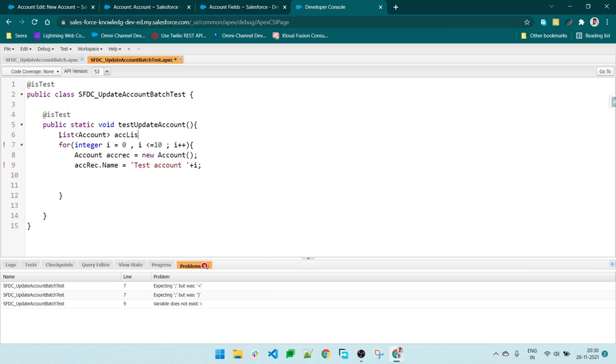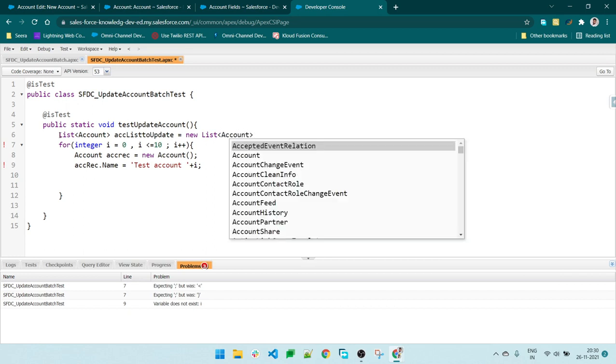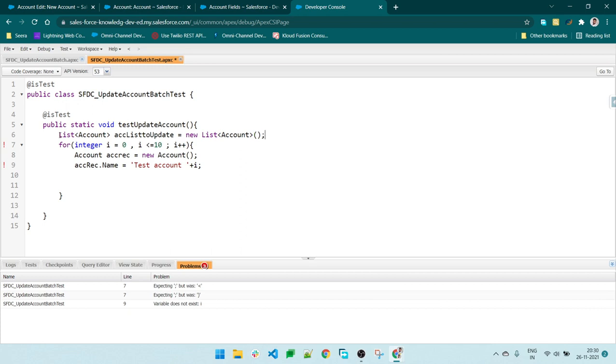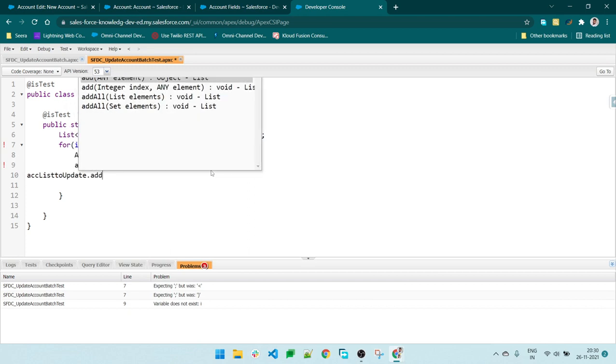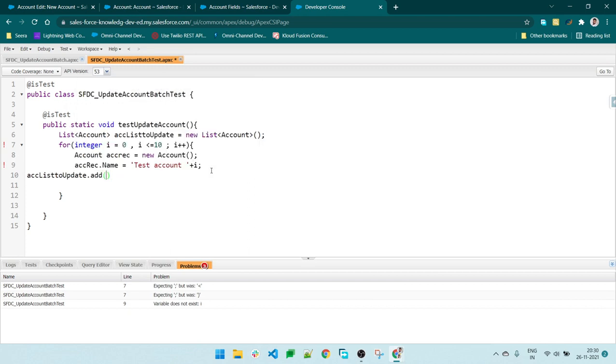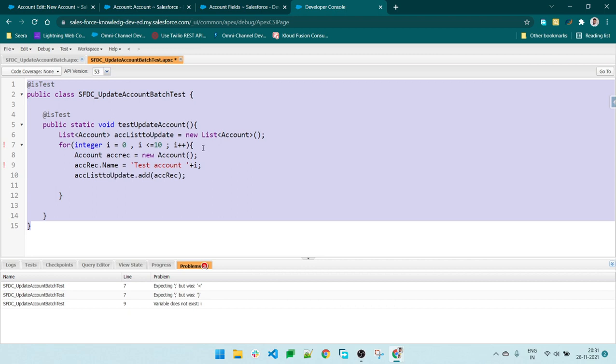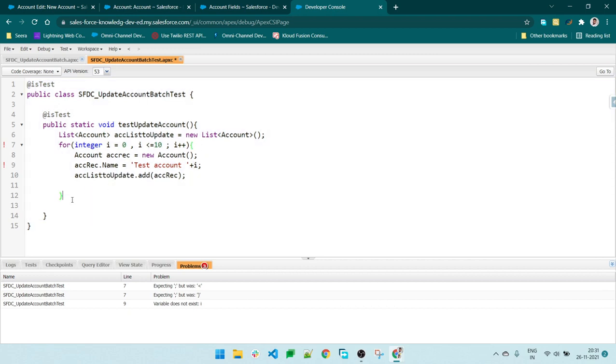Let's give it the name account list to update, a new list of account. Now add the records here in the loop with dot add, the account record. So now we have added.